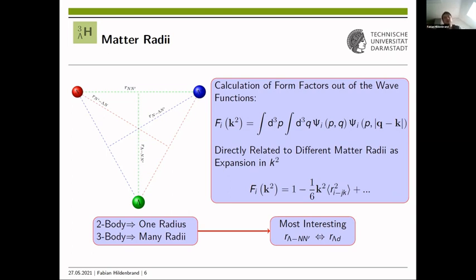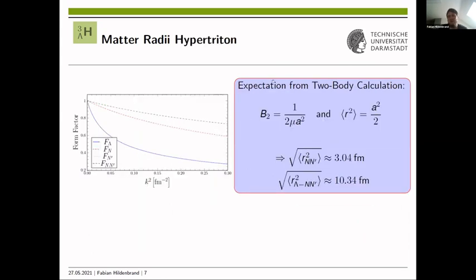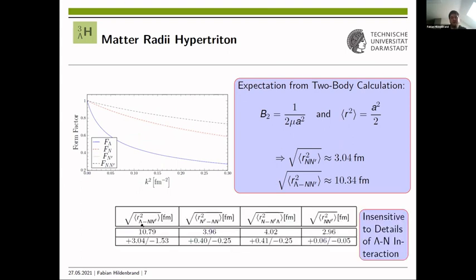In the 3-body case, you could then think of this as somewhat the distance between the center of mass of the 2 neutrons and the lambda particle. When we did this calculation, for the 2-body case you can easily calculate this, and you get something like 10.3 Fermi. When you do the full 3-body calculation, you see that this radius is basically similar or comparable to the 2-body calculation. And those errors here are basically the constraints coming from the binding energy.